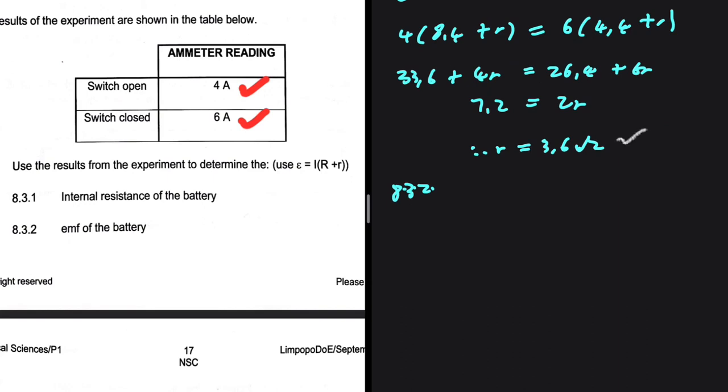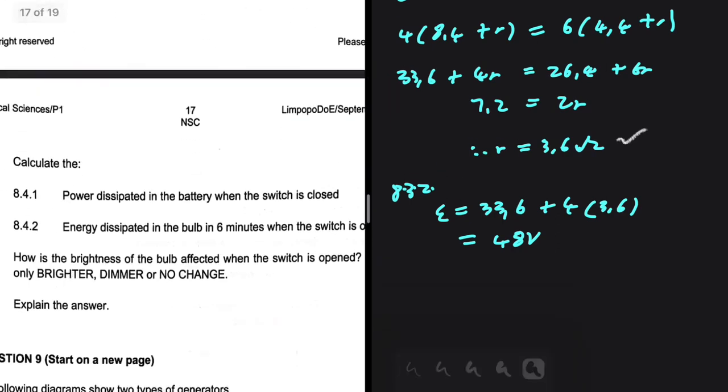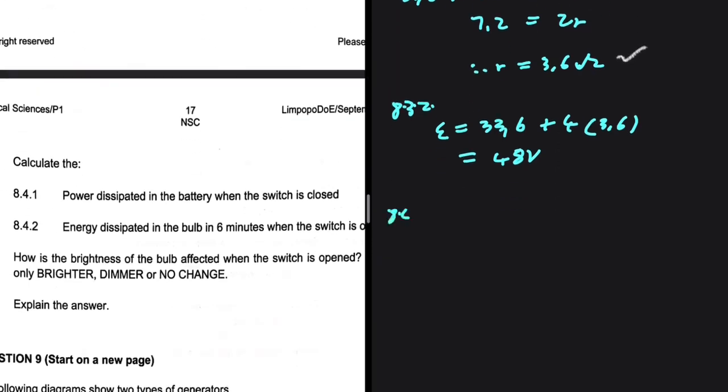We can substitute R in equation 1 or equation 2. Let's substitute it in equation 1. In equation 1, we have 33.6 plus 4 multiplied by R. R is 3.6. So let's go ahead and substitute it. We're going to get 48 volts. If you substitute it in equation 2, you should still get the same thing. Let's carry on. Let's do 8.4,